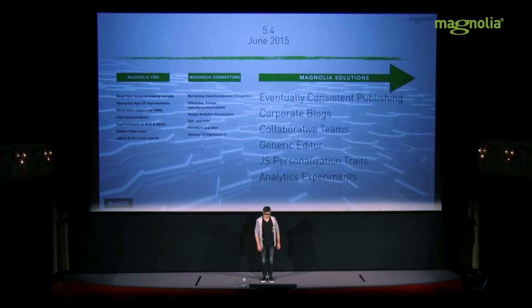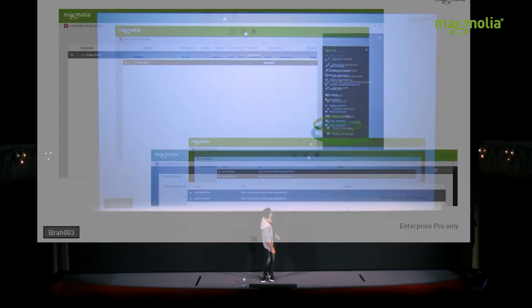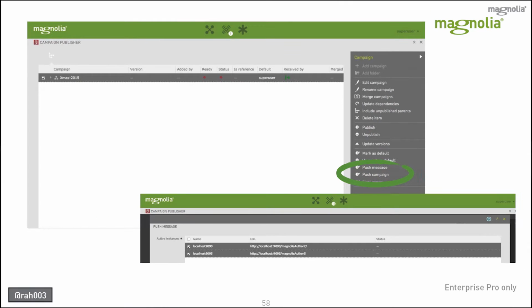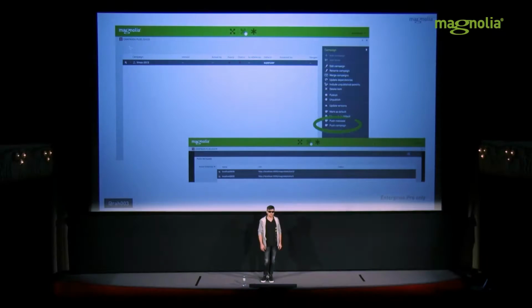And there were a number of those solutions which we released over the last 12 months. And again, just my favorite pick. There is a solution for working with collaborative teams. Some of you come from big companies, you have lots of editors, lots of people who work in parallel with different teams. Sometimes they need to edit the content in parallel, they need to create two different versions, so to say, at the same time. And with this solution, we allow you to have multiple authoring environments and distribute the work